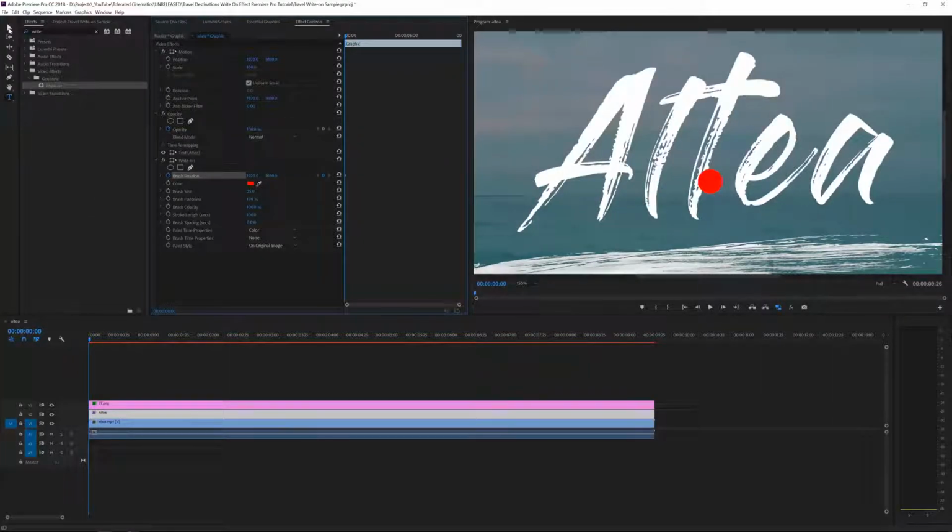So I'm going to select my selection tool right here, and I'm going to move my brush by clicking on the write on effect. You're going to see that something appears here. If we click away, you just see a red dot, and if you click on the effect, you will see that you create a little ball in the center. If you click on that and drag it, you can drag over your brush. So make sure it's outside of our text right here to start off, and that we have a keyframe right here. Then I'm going to hold shift and press the arrow